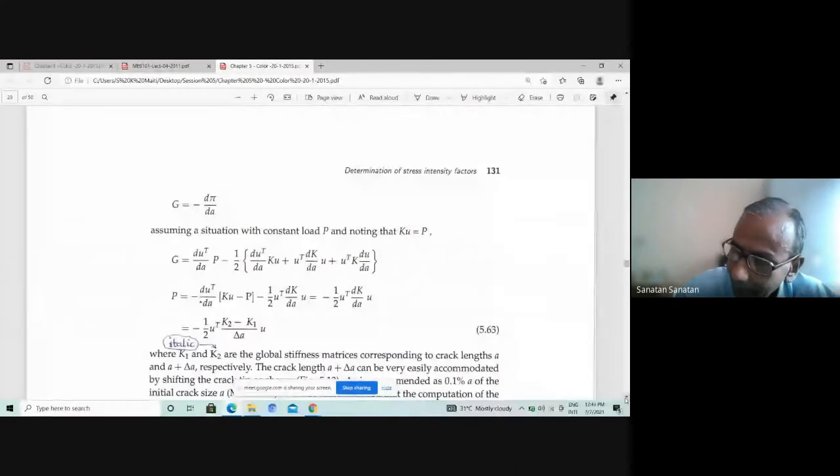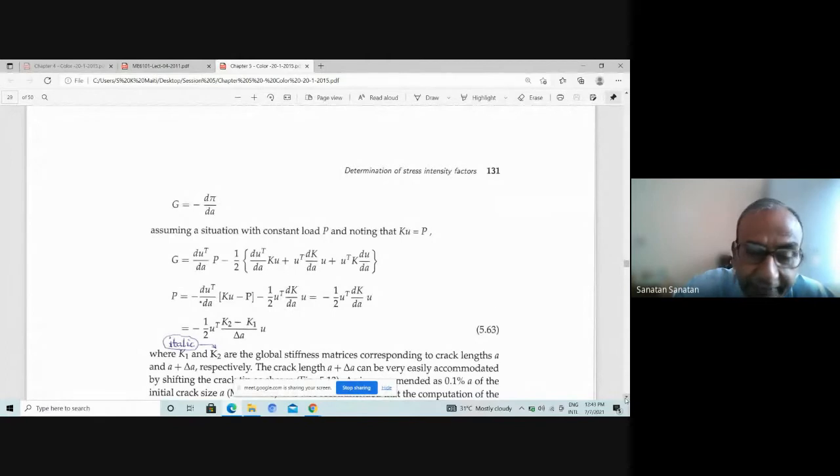Let me spend about a minute on this relationship. You see that finally G has become equal to this. Please forget the line at the center. Finally G is equal to minus half U transpose K2 minus K1 by delta A into U. Let me explain this. What it says is that if you are interested in finding the strain energy release rate, what you ought to do is this,